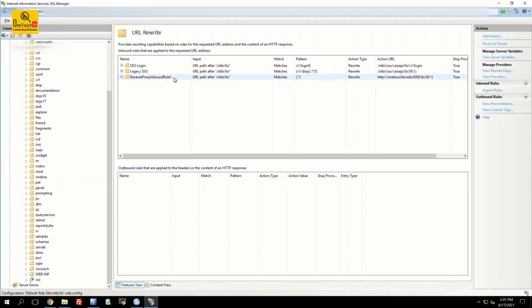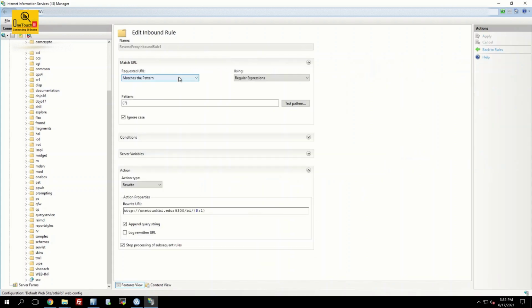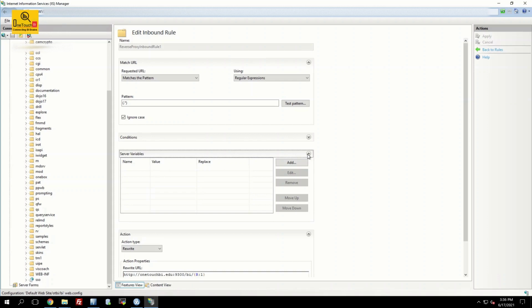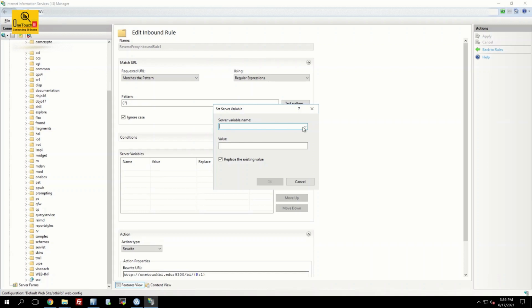Now you double click the reverse proxy you have created. Get inside. Expand the server variables. In the beginning, I asked you to create 3 variables. That one we are going to substitute over here. Click on add. Choose the server variable we created from the drop down, and provide the HTTPS BI path, which is nothing but your virtual directory /OTBI/BI/v1. That should be your redirect URL when anyone inputs the Cognos URL with onetouchbi.edu.